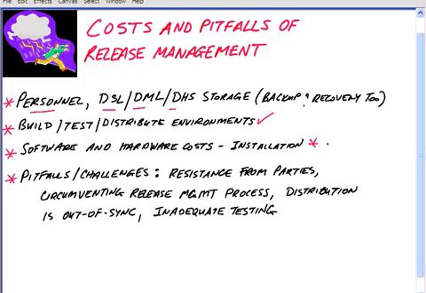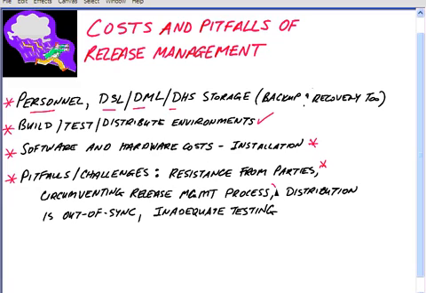The pitfalls and the challenges of release management are the fact that you may run into resistance from parties, people that are used to a certain software platform or a certain operating system or a certain graphical user interface or types of hardware, resistance from users, resistance from management. Part of the release management working group's job is to campaign to overcome that resistance. Also, another pitfall with release management is the same thing as incident management, and that is the vulnerabilities of circumventing the release management